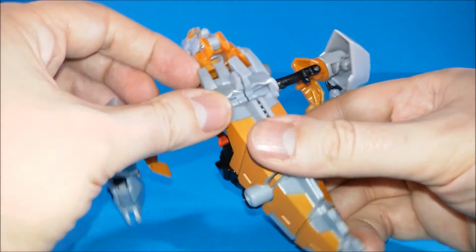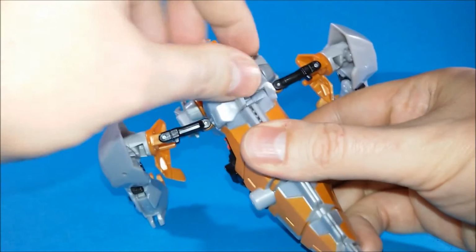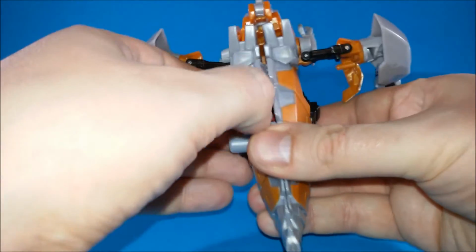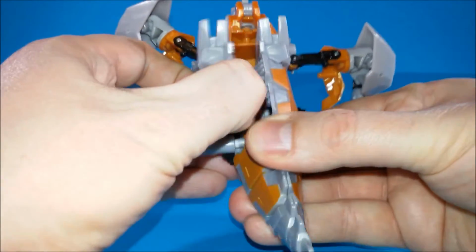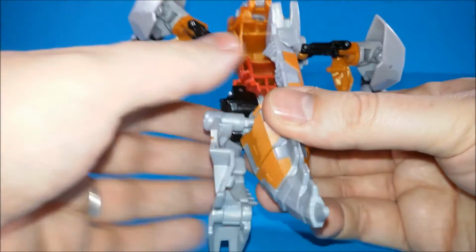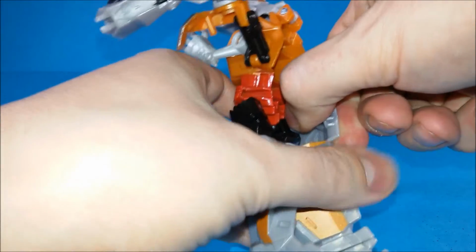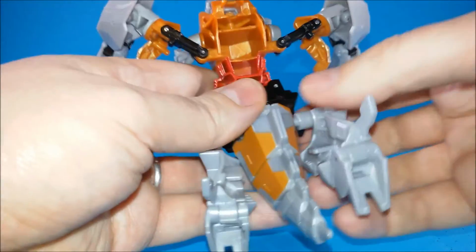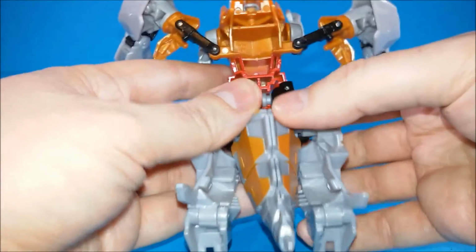Okay. And now we can split the main body of Grimlock here in the middle. Oh yeah, before that we can pull up those panels, but it doesn't really matter. And pull out the sides. Oh, come on, come out, like so. One is here and here is the other one. We can now split the tail of the dinosaur